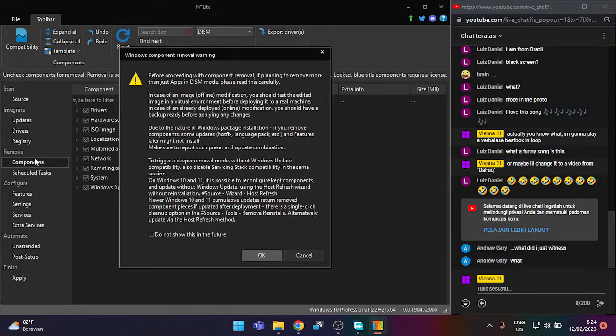Registry no. Remove components before proceeding with component removal. If you're planning to remove more than just apps and DISM mode, please read this carefully. In case of an image offline modification, you should test the edited image on a virtual machine before deploying it into the machine. In case of an already deployed modification, you should have a backup ready before applying any changes. Due to the nature of Windows